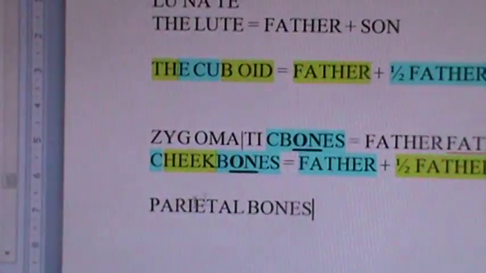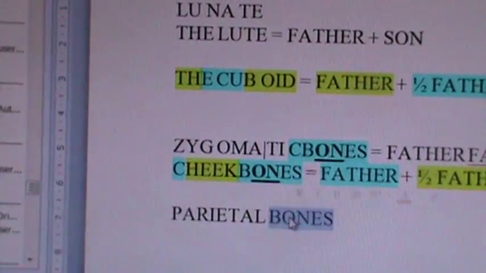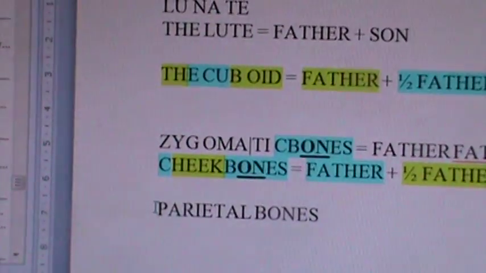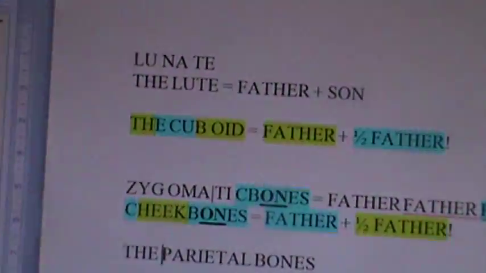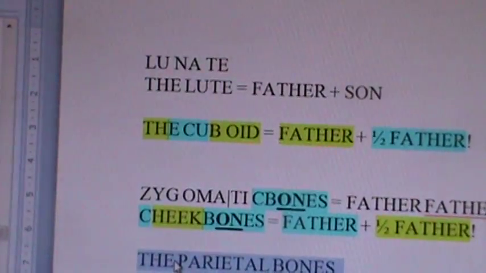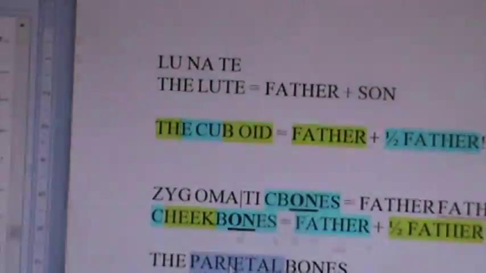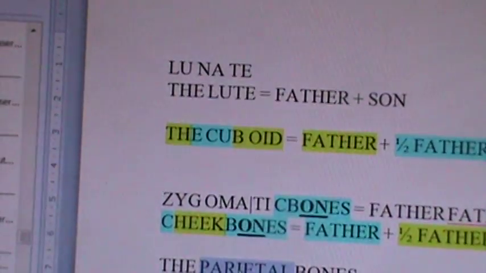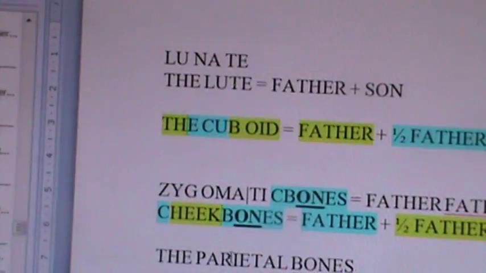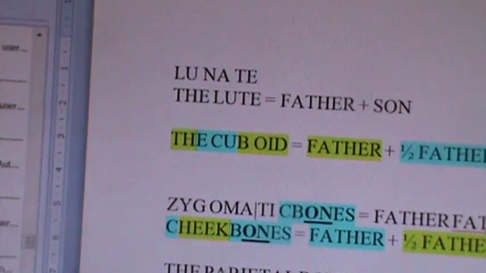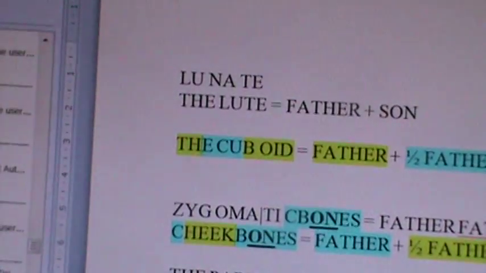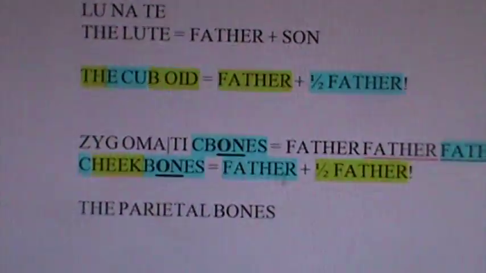This is going to be a Father, Father, double 2. This is Father plus 24. This is Father minus 3. Watch this. Yeah, that's a Father, Father, double. This would equal 88, so this would be Father plus 24. This plus bones is Father plus 30. There are lots of things I can point out to you, like the 29s in parietal, the word pal, 29 plus 24. It's very easy to get the half Fathers in there.